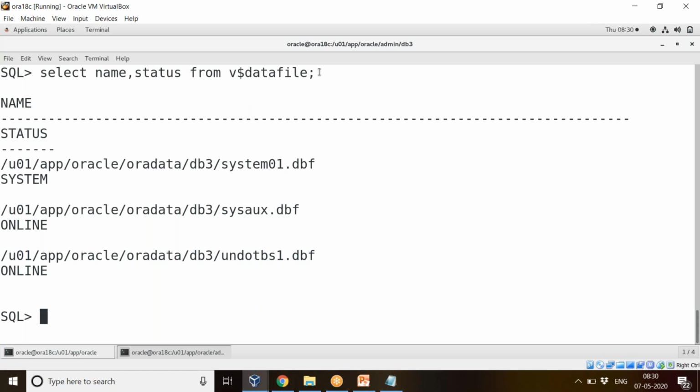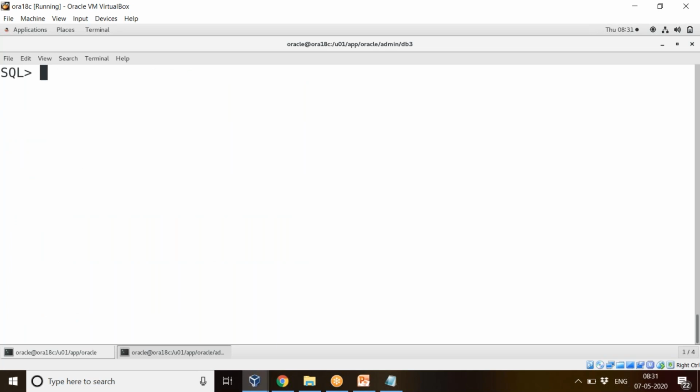Fine, so these are the data files available inside the database, system, sysaux, undo, right? So this is what the data dictionary view called v$datafile is used for. Fine, so now we'll check describe v$tablespace.